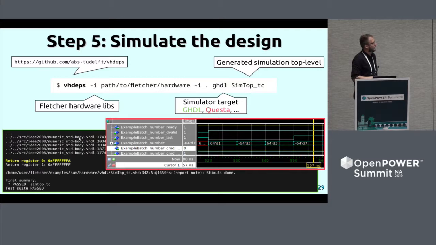All right, and then you say, what do you want to simulate, right? So this is the simulation top level that Fletchgen generated automatically for you. That took you less than a second. Then you can run the simulation, and you can see here in the waveform, it's more interesting, I think,